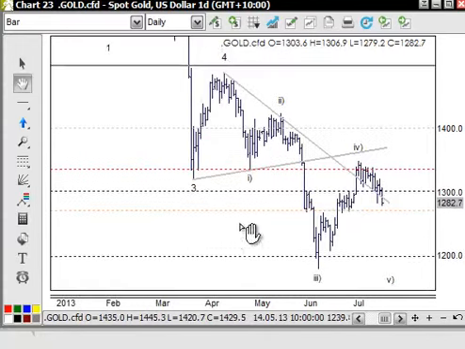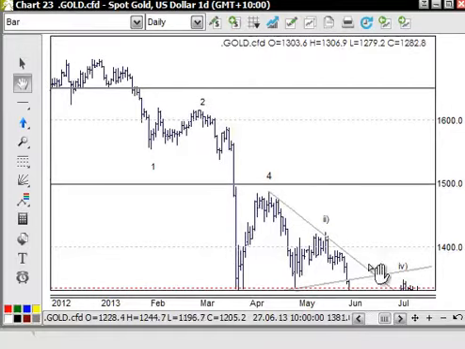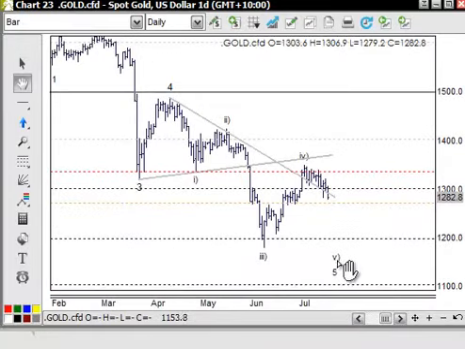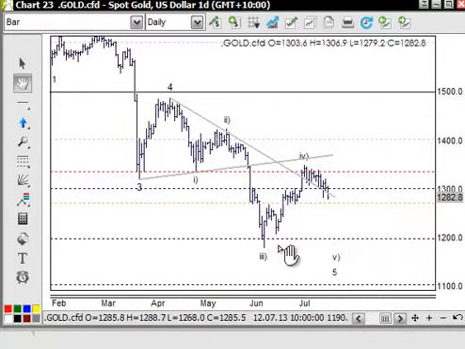But we know that the main trend is down through here, and we've always been looking for one more low to come in. So it's possible for that to occur. It's just that this move down through here appears corrective, and we need to be mindful of that. So the first things we need to look at are the 1272 and also the 61.8 retracement level down here as well, because we could probably see this as an